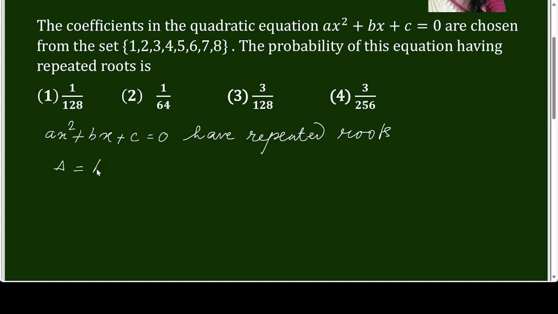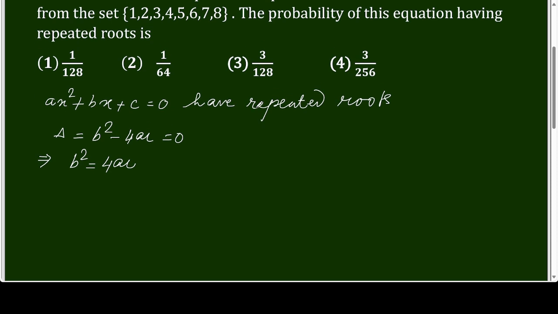So b square minus 4ac equals to 0. That means b square equals to 4 times of ac. So first we should think that we have to take from this the numbers a, b, c, the coefficients